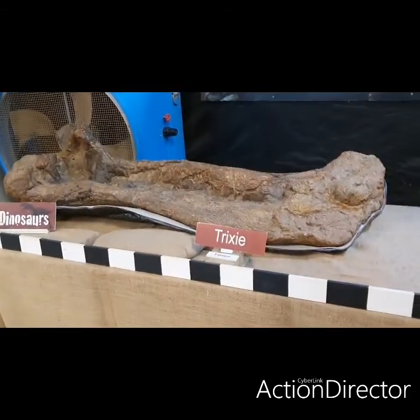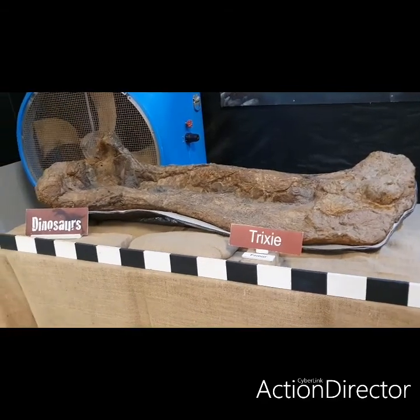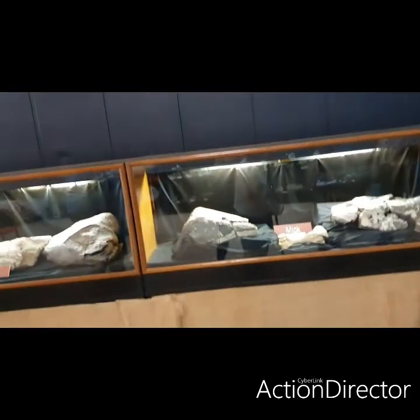So these sauropods comprise about 95% of the animals we find out here. And that's because of their big, robust bones. They can survive that black soil rotation a little better than